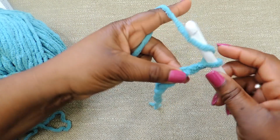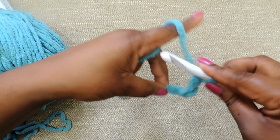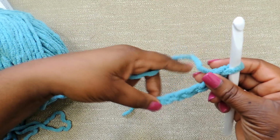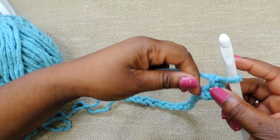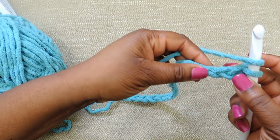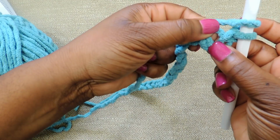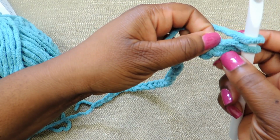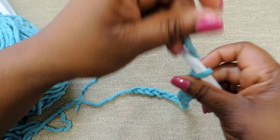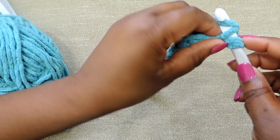Okay, so you're just going to yarn over and pull through, yarn over and pull through, and you'll do that for a total of 20. So 18 plus 2 for a total of 20 stitches in your foundation chain. Once you have that, then you're going to go ahead and insert the crochet hook in the second stitch from the hook. Okay, so you'll count over to the second stitch from the crochet hook and you'll insert your hook,